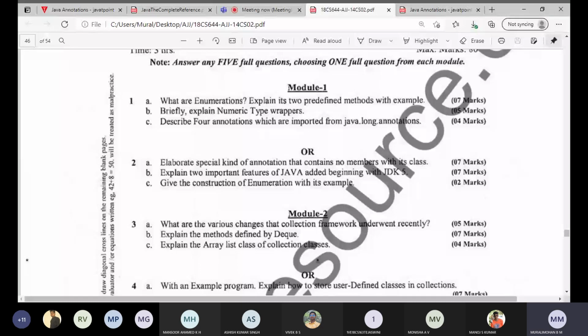Next, describe 4 annotations which are imported from java.lang.annotation. Just observe here, it is asked from java.lang.annotation.